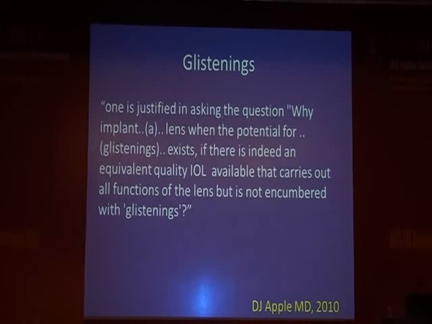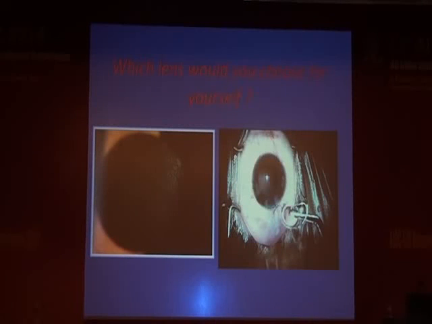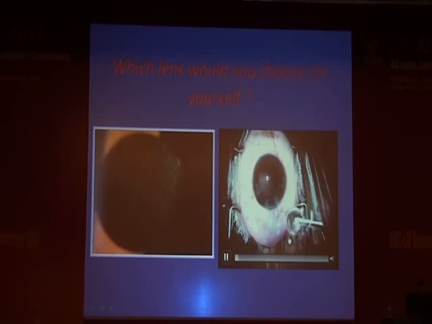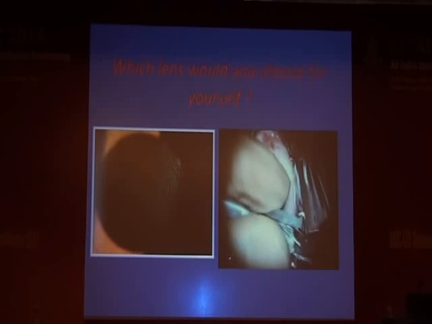So, as Dr. Apple pointed out, one is justified in asking the question why implant a lens which has a potential for glistening if there is an equivalent quality IOL that carries out all the functions of the lens, but without the glistenings. And the choice is for us to decide that yes, we need to put the lens. One or two points about the handling of the lens as